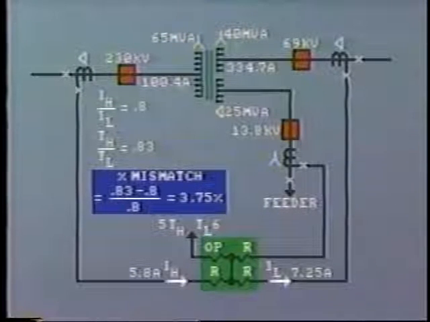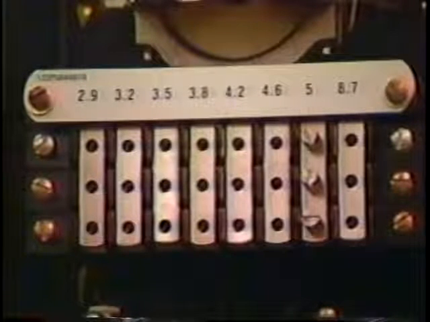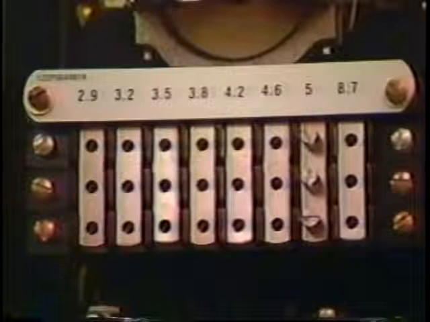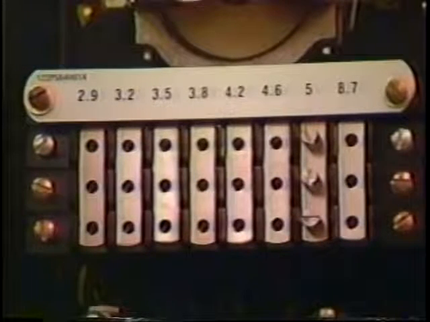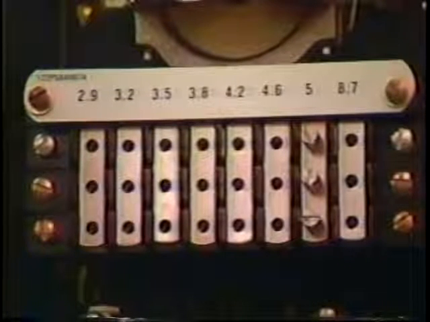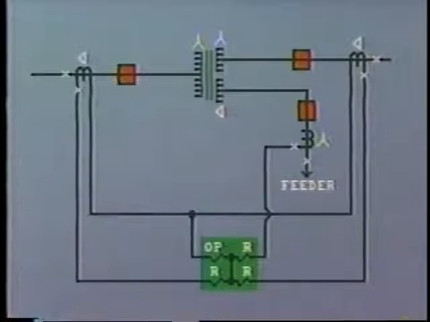At times, the mismatch may be too high for good reliability, even when using the whole range of taps. In this case, it may be necessary to use auxiliary CTs in the main CT secondary circuit. In this single line diagram, you can recognize the connections to one phase of the differential relay. However, in following through the operation, it helps if we connect the other end of each CT, first for the